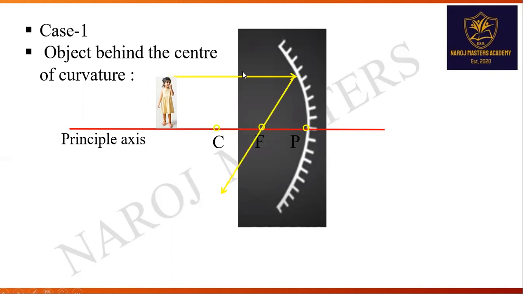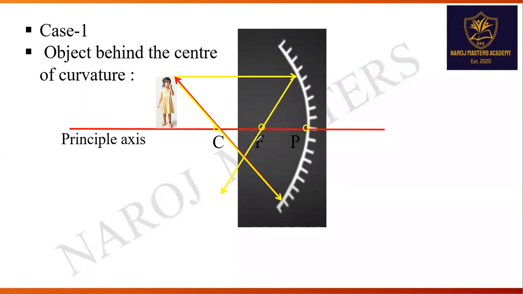If you pass the light ray which is parallel to the principal axis, it gets reflected through the focus. Pass one more light ray to get the image of the object. We need a minimum of 2 light rays to get the image of any object. So pass one more light ray. The light ray which is passing through the center of curvature gets reflected along the same path by changing the direction of the light ray. So here is the point of actual intersection of the reflected light rays.